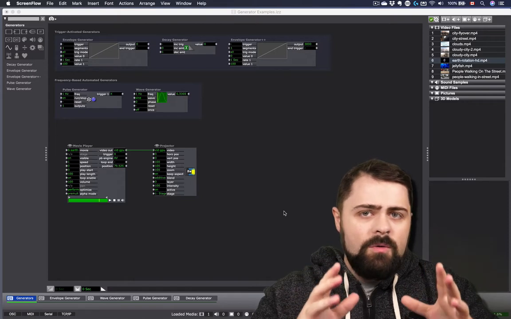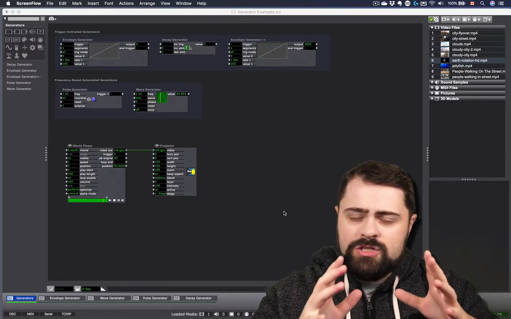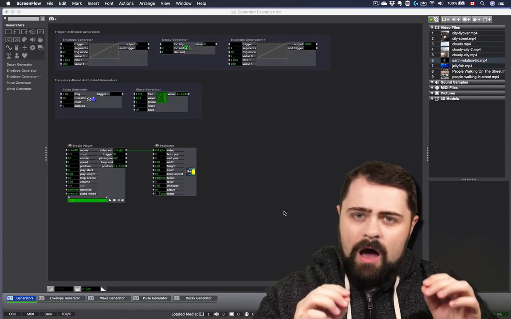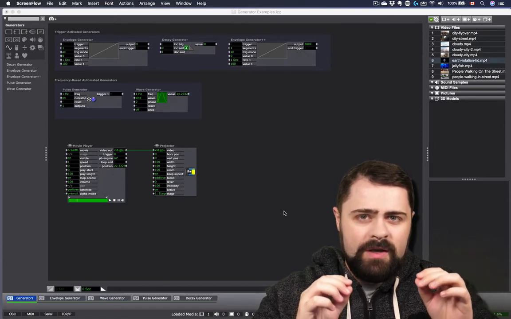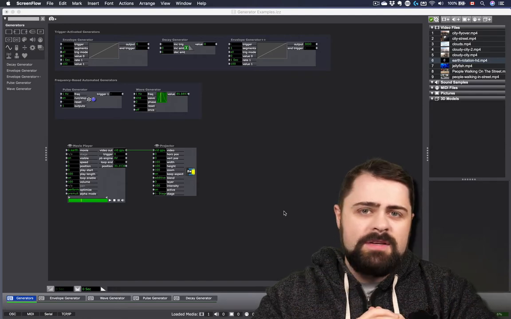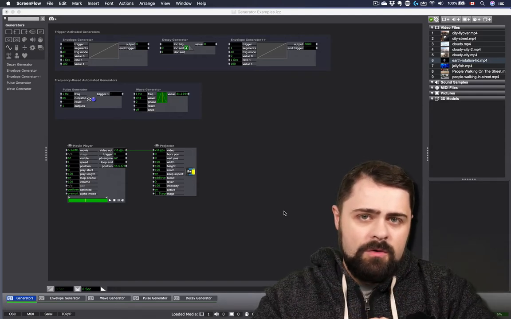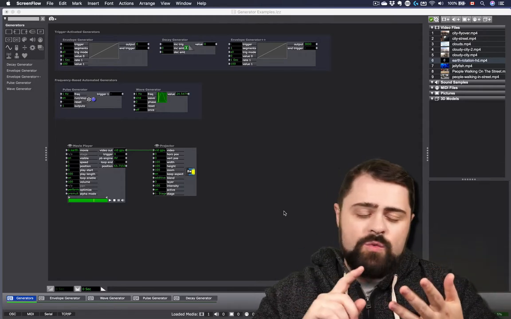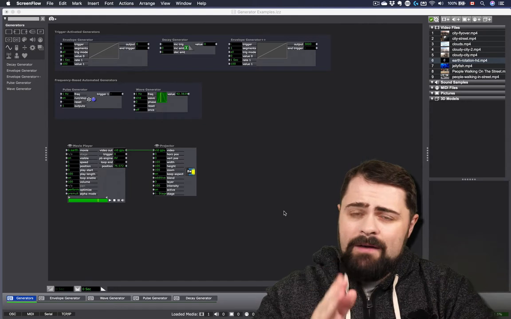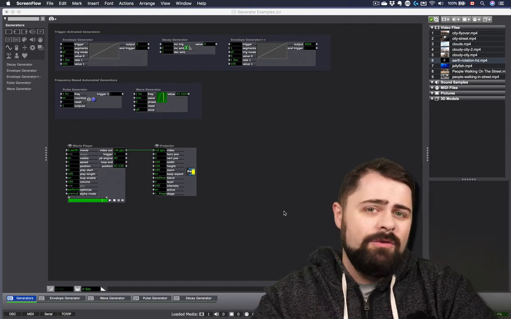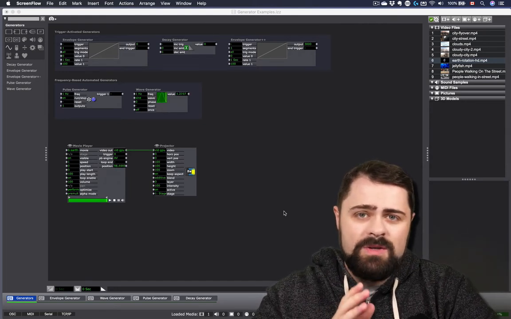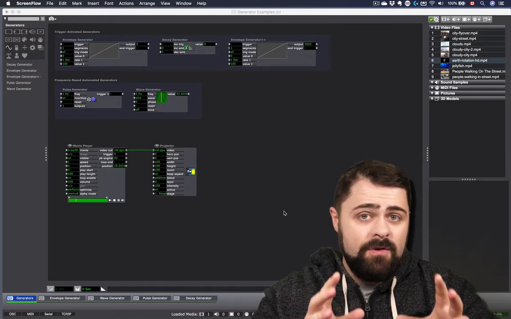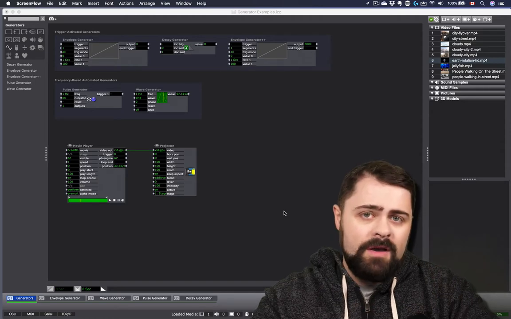Let's talk for a moment about why these actors are just so useful and how they allow us to take precise control of what the actor properties are doing in Isadora. Bear in mind that today you will want to make sure that you've reviewed our content on using value scaling in Isadora as well as the trigger actors. So if you haven't yet caught those tutorials, I highly recommend going back and checking those ones out first, because we will be relying on some of the knowledge and information from those tutorials in our work today.